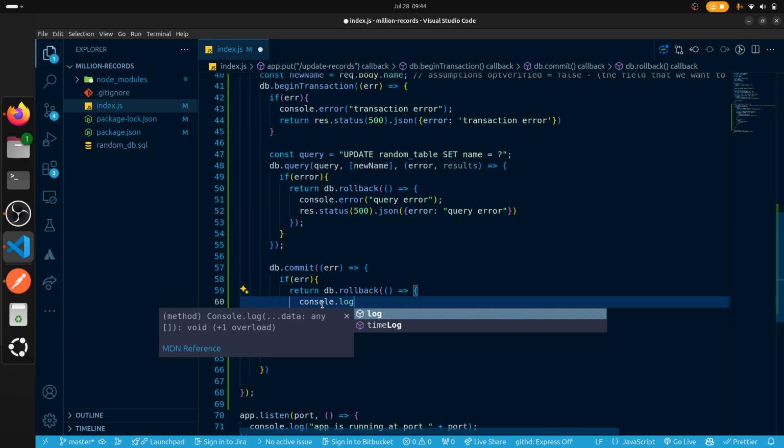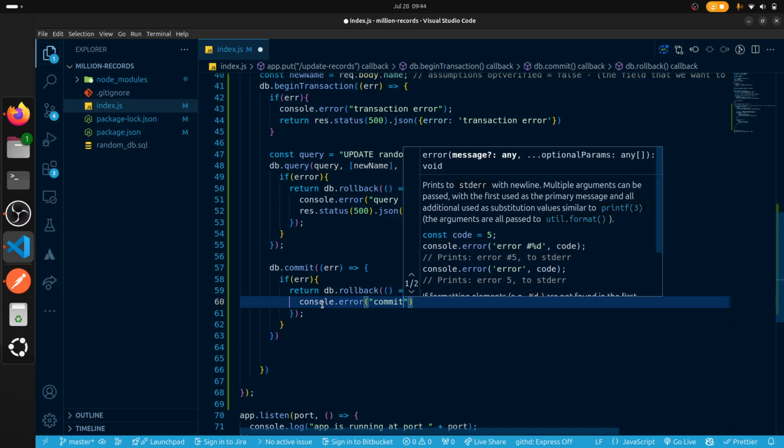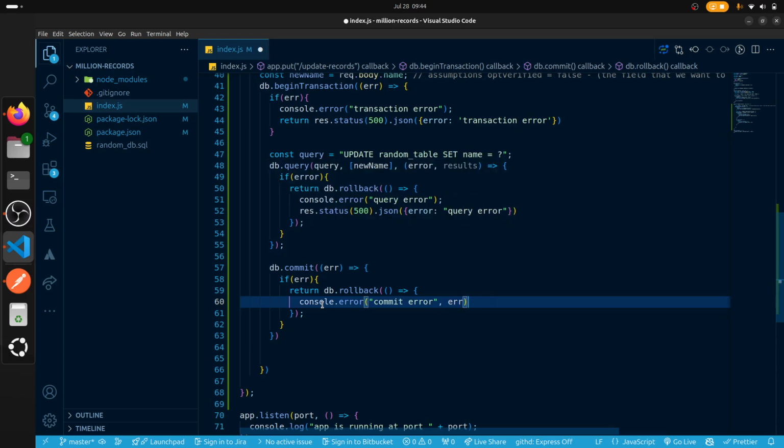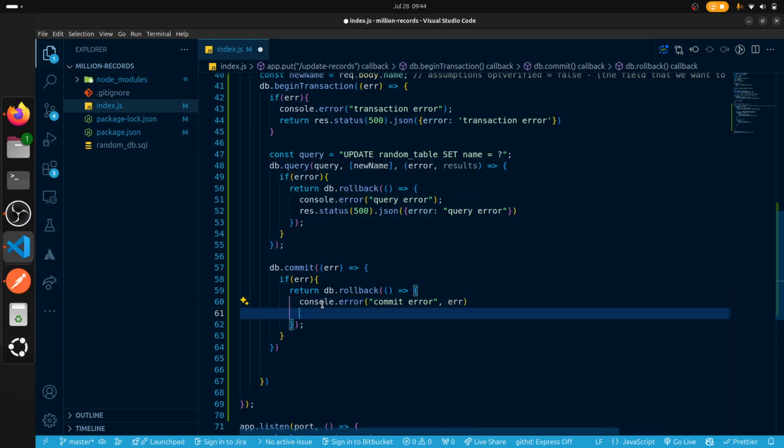Yeah, console.error, commit error, and error. Now res.status, we will set status 500 .json, and here we will put error is commit error. Okay, now this is done,